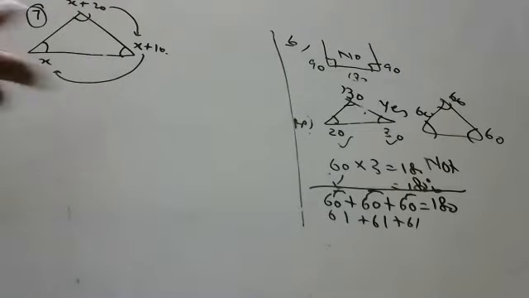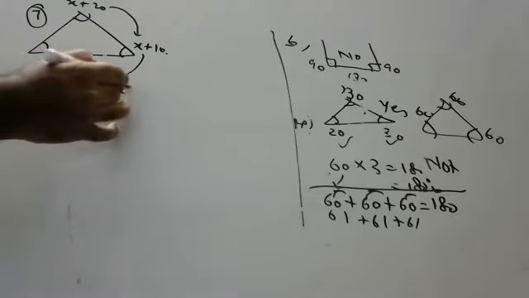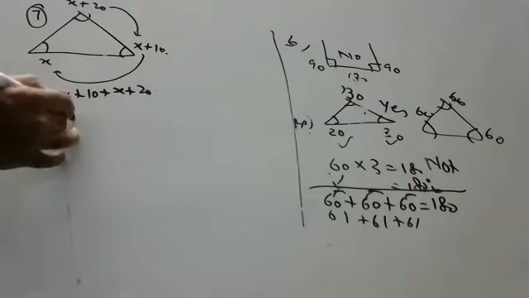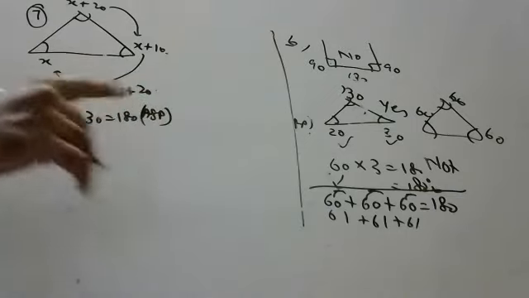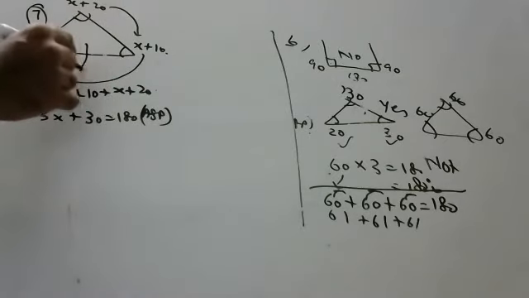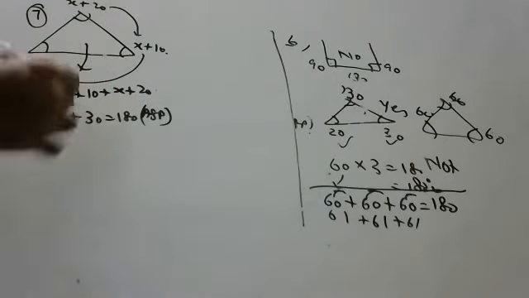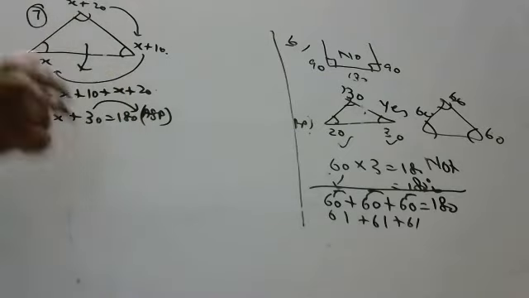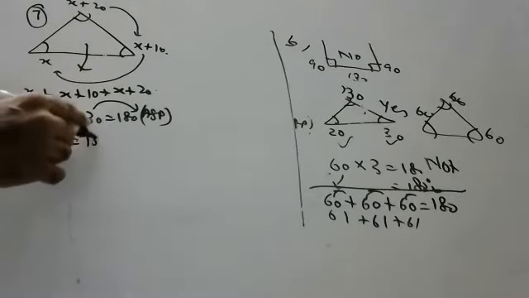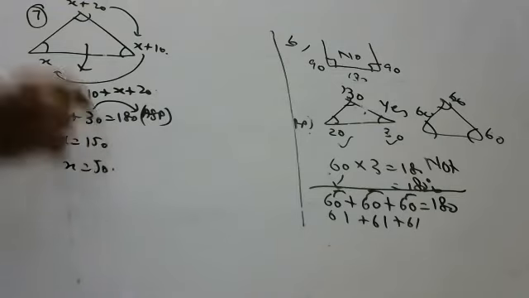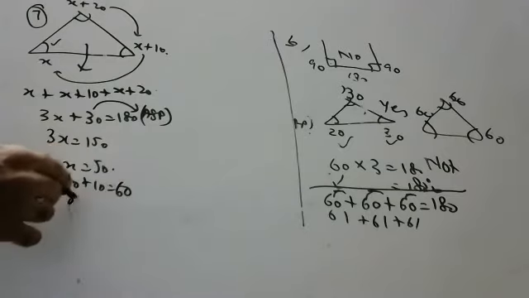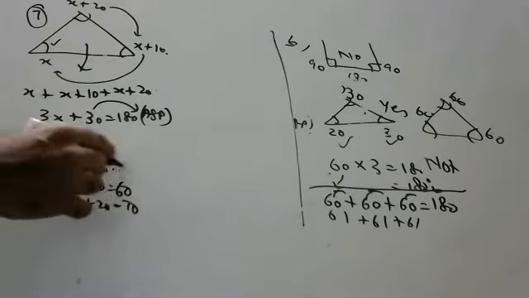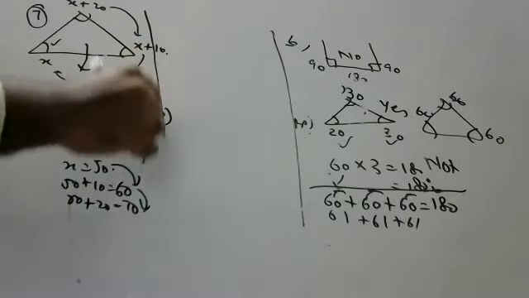Now, how much is each angle? How will you find out, children? x plus x plus 10 plus x plus 20, so 3x plus 30 is equal to 180, angle sum property. If you don't write the reason, no marks. And remember, children, without a figure, if you do the sum, you will never get marks, because they will think that you copied. Please draw the figure, all of you. And x is equal to 50. If one angle is 50, the other is 50 plus 10, 60, and the other is 50 plus 20, 70. See, 50, 60, 70, the difference between them is 10 degrees.